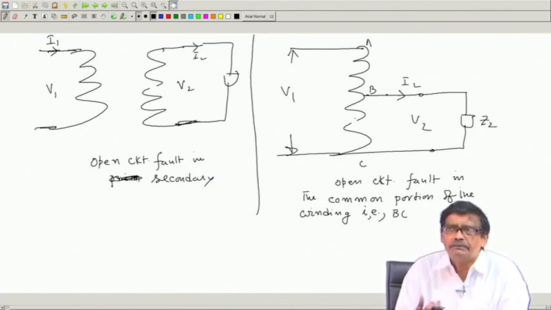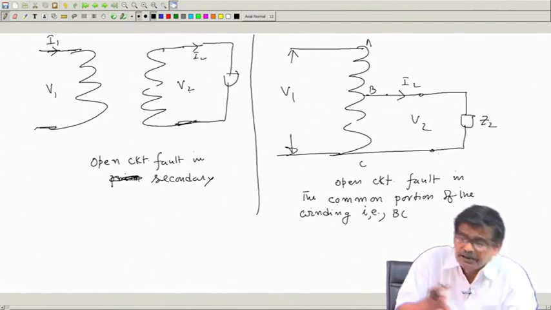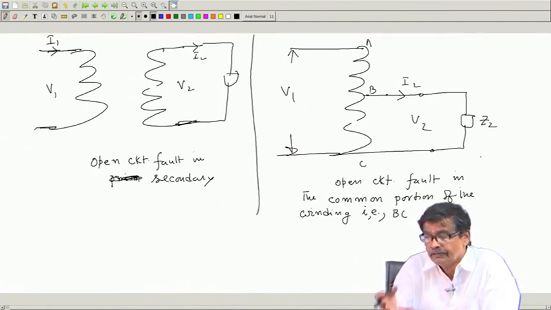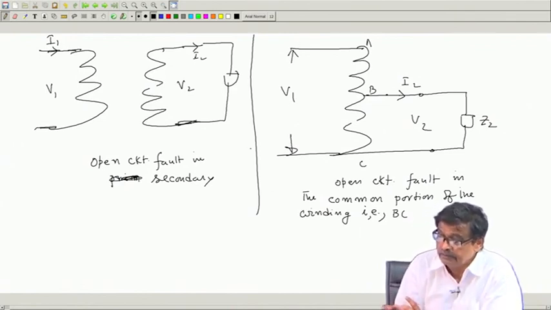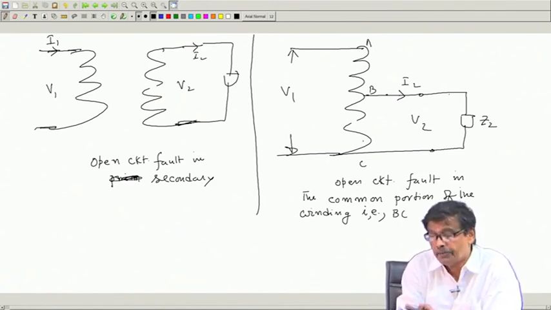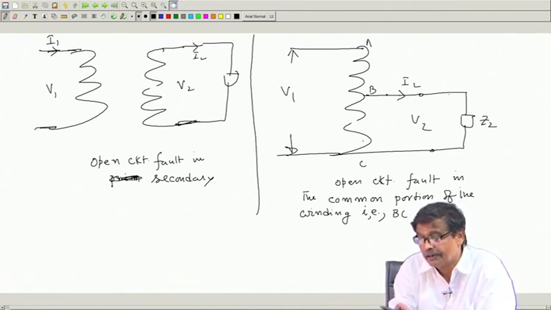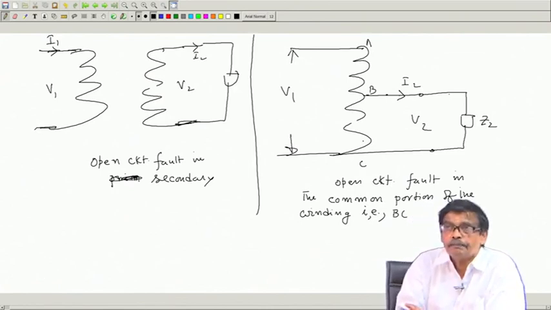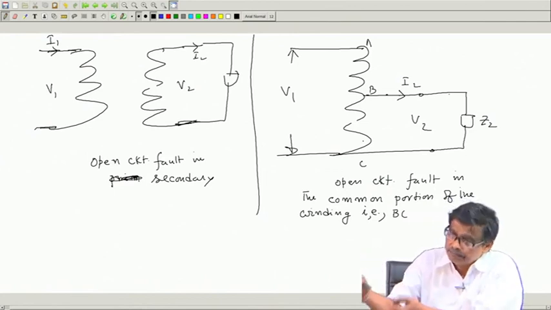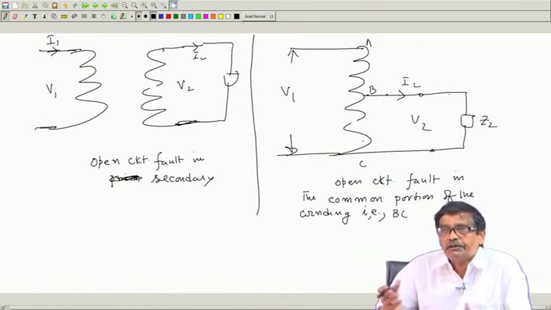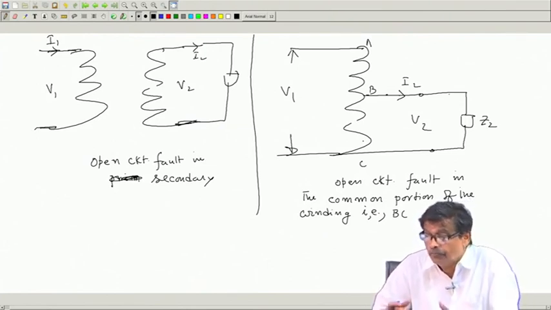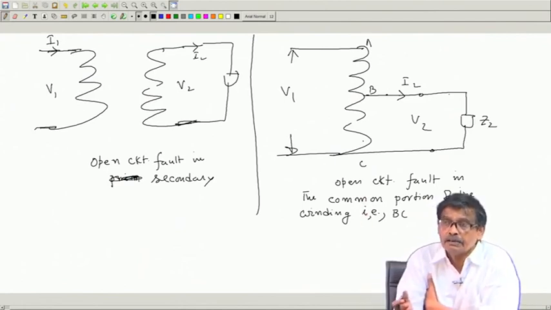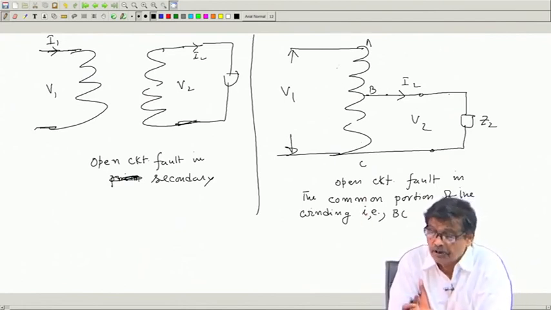It may happen in a two winding transformer as well as in an auto transformer. Then, by this ohmic contact in this path, a higher voltage of the order of V1 may creep across, may come across Z2, and if it is a critical load, your load goes, which requires a more or less constant voltage of level V2. Suddenly we will see, oh, V2 has gone up, trying to go up to V1 via this path,